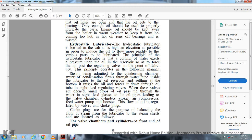The principle of the hydrostatic lubricator is that a column of water exerts pressure upon the oil in the reservoir so that it forces the oil past the regulating valves to the point of delivery. The principle operates in the following manner. The steam enters the condensing chamber and is condensed, and the condensation flows from the water pipe inside the lubricator to the oil reservoir. Settling at the bottom of the oil, the water forces it down through the oil tube to the sight feed regulating valves. When the valves are open, a small drop of oil passes up through the water in the sight feed glasses